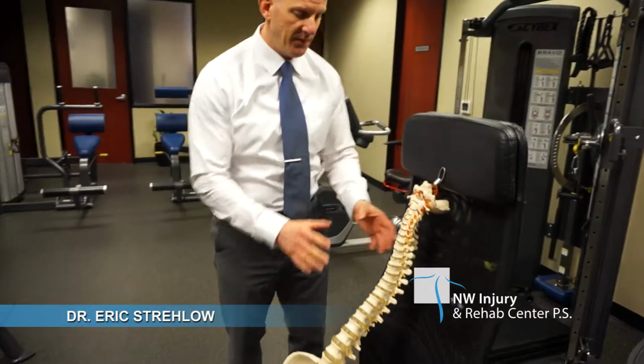A lot of times people think they cannot possibly get injured in a rear end car impact, a property damage collision, or a bumper to bumper collision where there's literally no visible damage. And I want to explain the mechanics a little bit about why the spine gets injured in such a seemingly low speed collision. And so what happens is when the car gets hit from behind, okay, well, let's pretend this